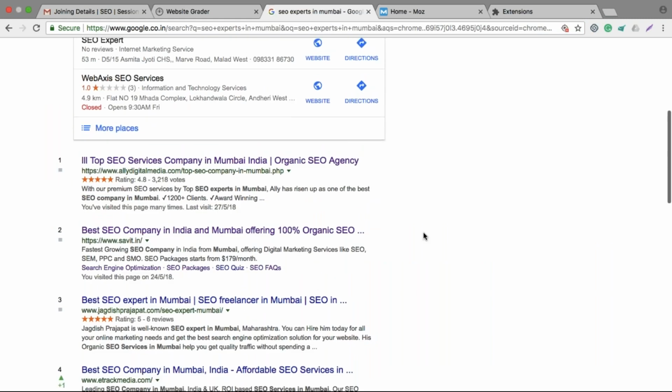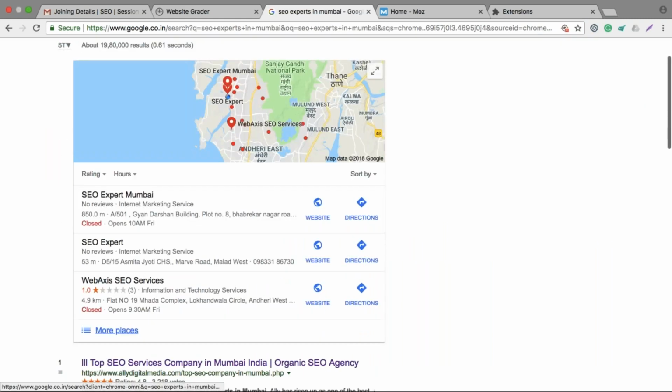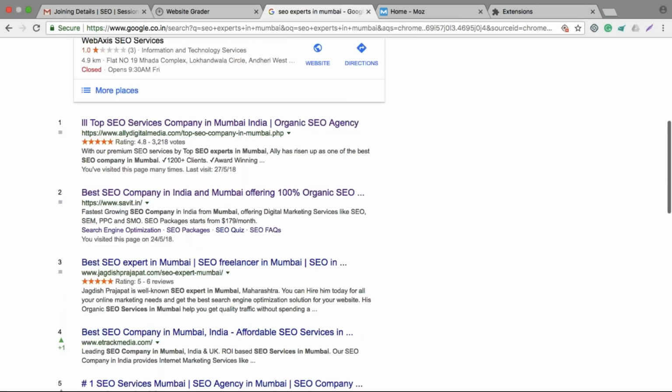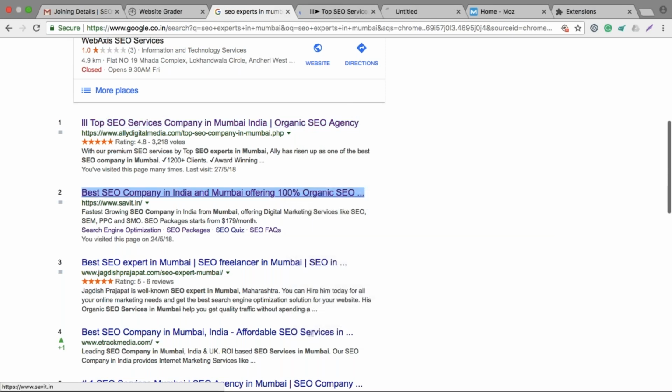Just imagine I have searched this keyword. Google randomly ranks all the websites, just to check whether they are liked by users or not. Definitely it checks their on-page and off-page parameters. But just imagine that after checking all those parameters, they have ranked these two websites at the top. Now, the user goes to this website, and also goes to this website.